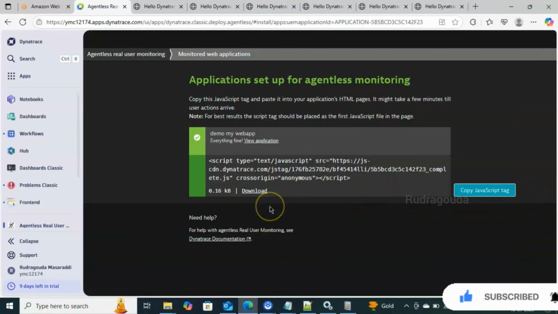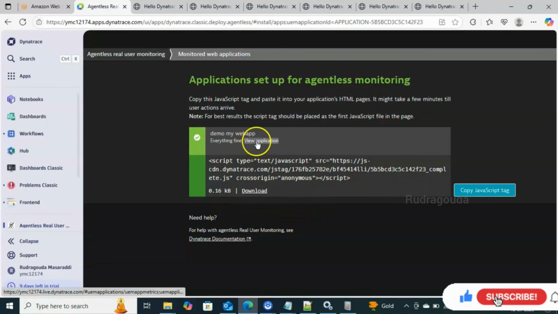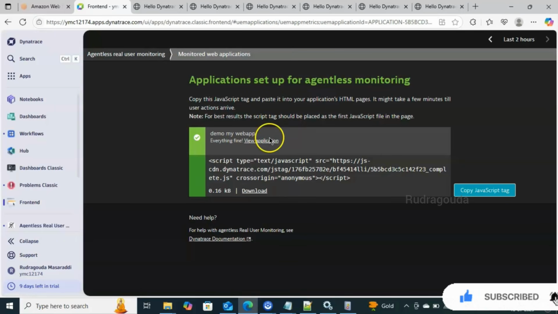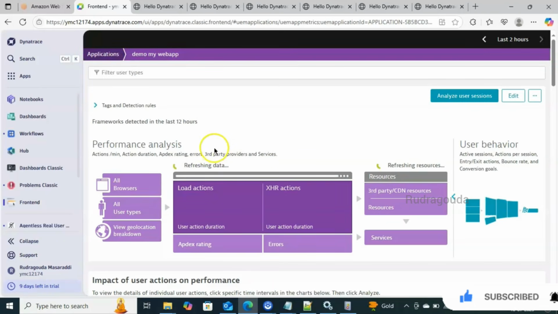Now what I will do, I want to see whether the information is captured properly. What we can do for that: here you will find an option called View Web Application or View Application. Just click on that, so that it will directly go into our front end page or the application page, where